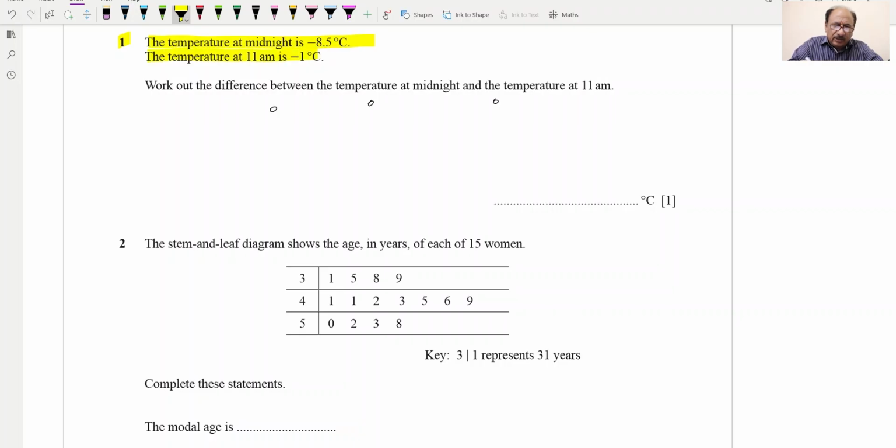The temperature at 11 a.m. is minus 1 degree Celsius, and we have to work out the difference between the temperature at midnight and the temperature at 11 a.m. So the difference between the temperatures, if we use the calculator, will be 7.5 degrees Celsius. You can double check with the calculator also,